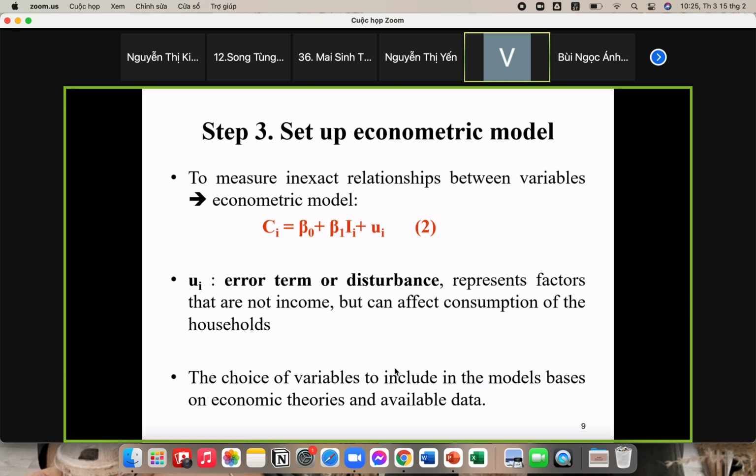Okay, so for example, can you name some other factors besides income that can affect consumption? Các bạn thử nói thôi những yếu tố nào có thể ảnh hưởng đến cái chi tiêu các hộ gia đình ngoài thu nhập. Can you name